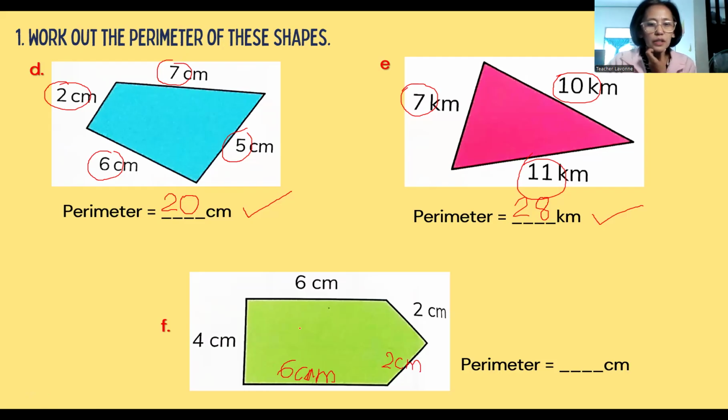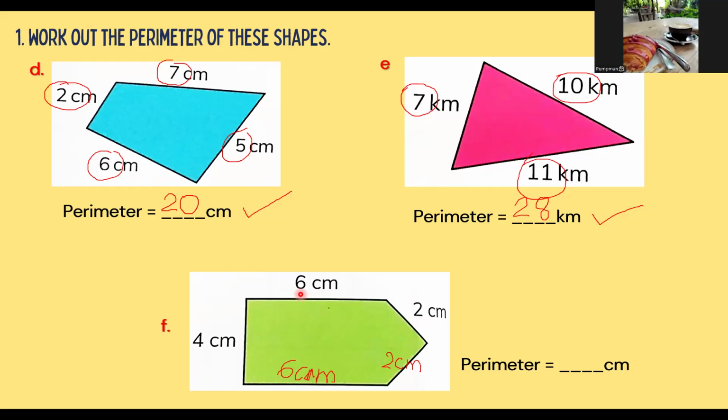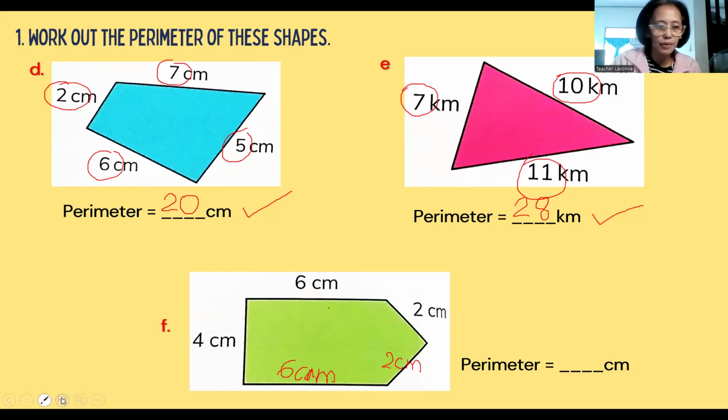You look. This is the side. You cannot see the size there, but this one, you will look carefully. This side and this side are the same size. So if this is 2 cm, this side is 2 cm also. So if you see 6 cm over here, on this side you will see also 6 cm. So what is the perimeter?